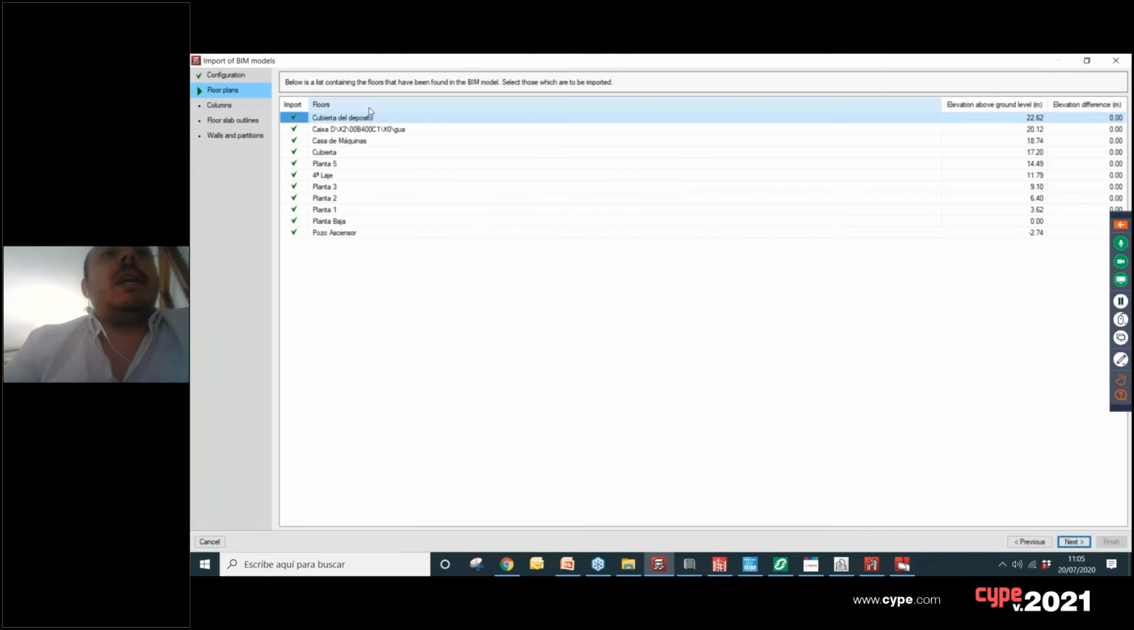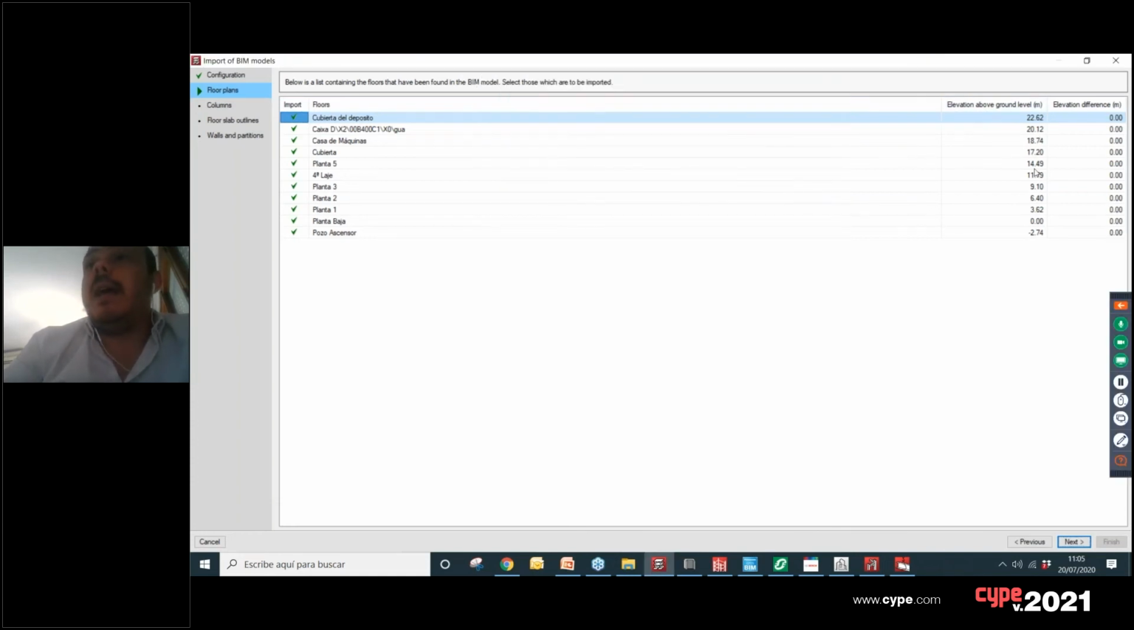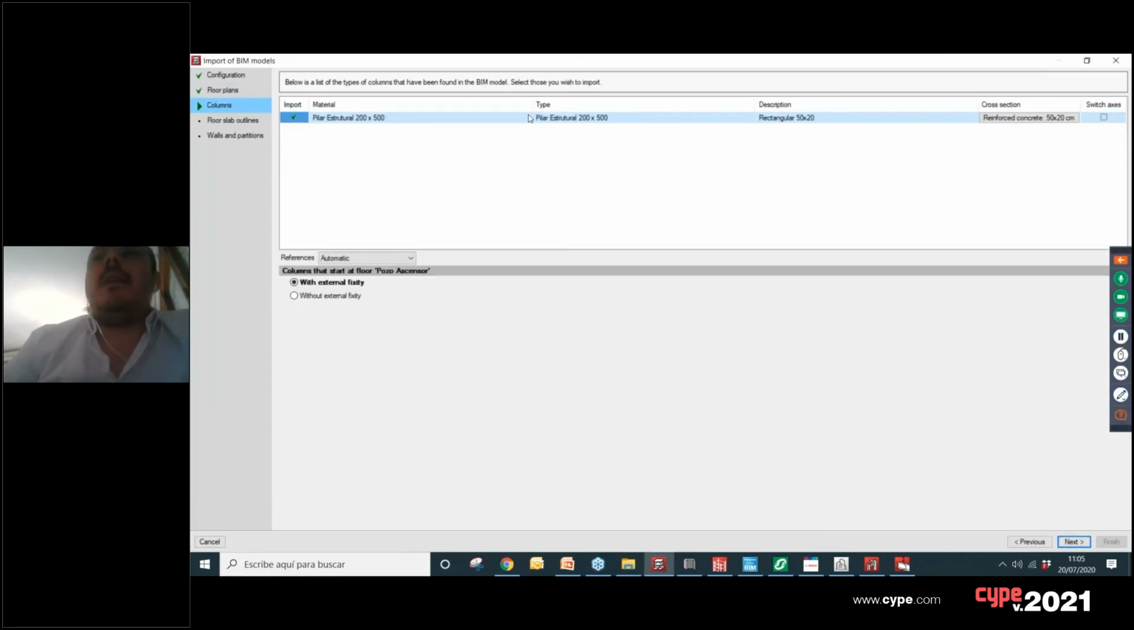When we import this architectural model, we can import the floor plans. For example, we have here different floor plans that were created on Revit. And in this case, we can import or not these plans, or import all of them. It doesn't matter at this moment. It's just an example. And here is the main difference: we can import the columns that were